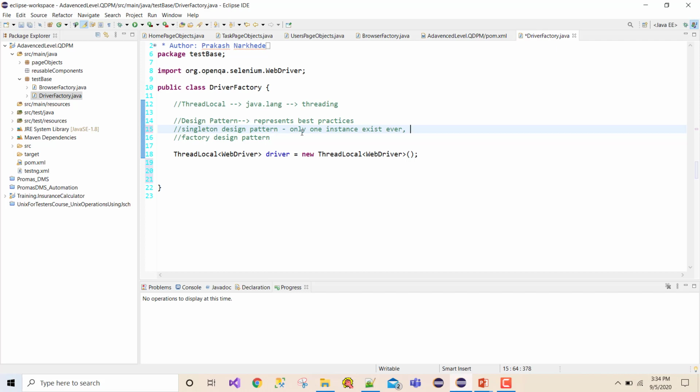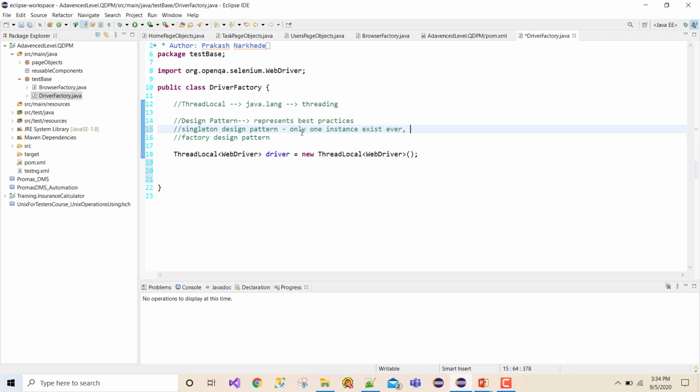Along with creating only one instance, it should also provide global access to that particular instance by creating a getInstance method, because we need to access that, right? I want to create the instance only once, but it should be accessed multiple times.